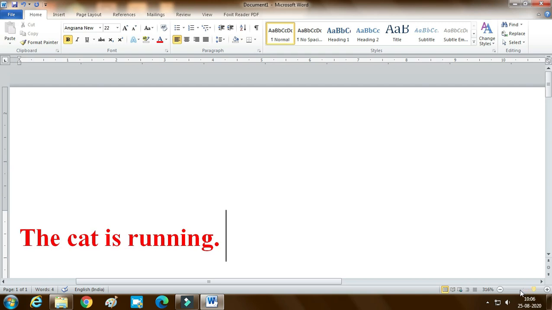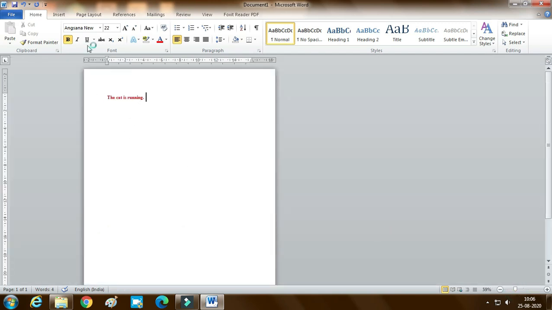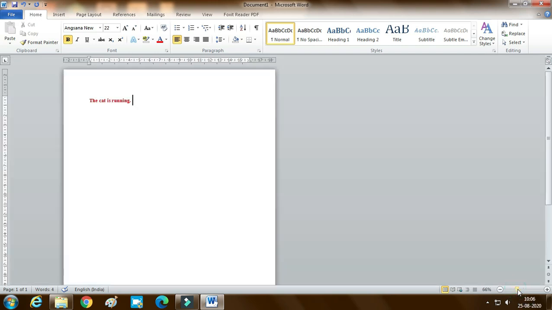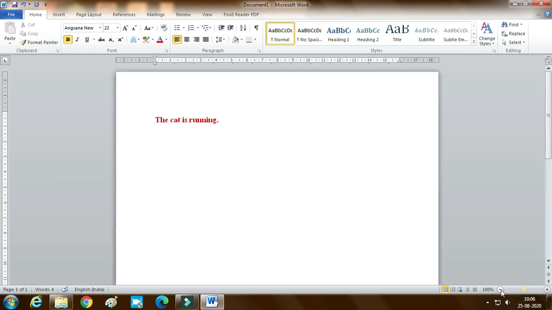Here we should understand, children, that it is only to see the document bigger and smaller. The actual size of the font remains the same whether we are in the smaller size view or in the bigger size view. The font size is the same, 22 here. The correct zoom option to type a document is 100%.